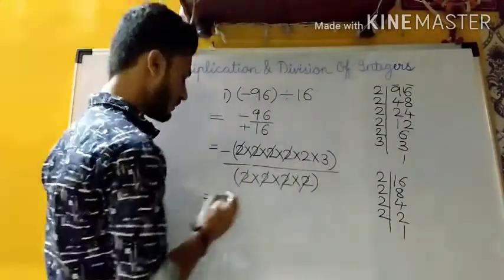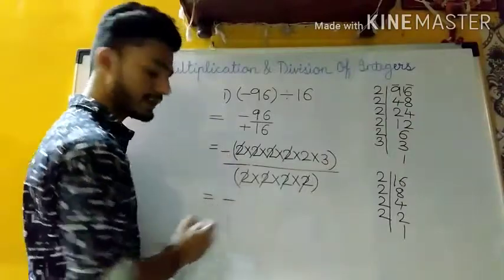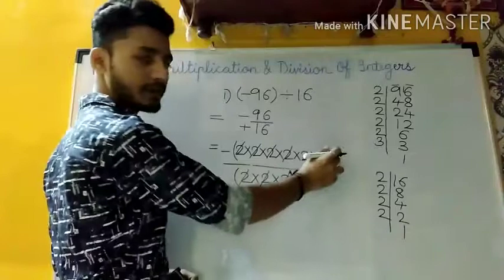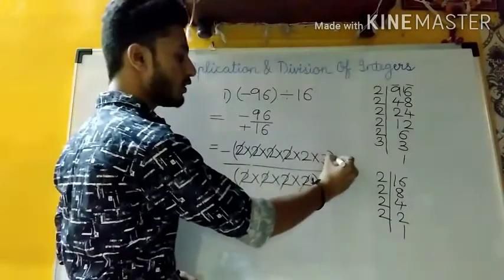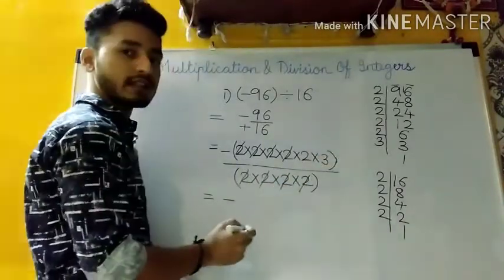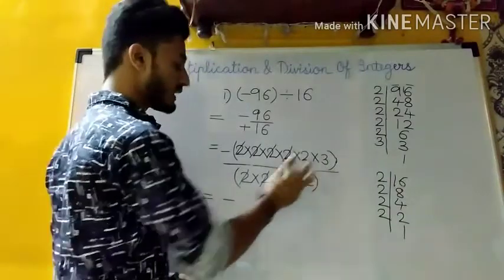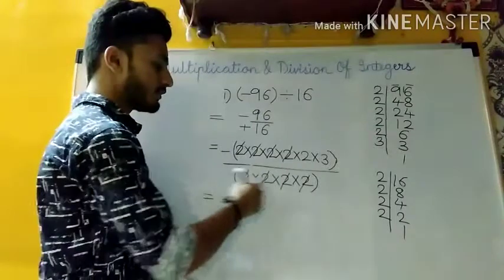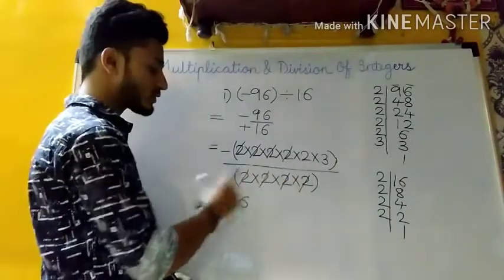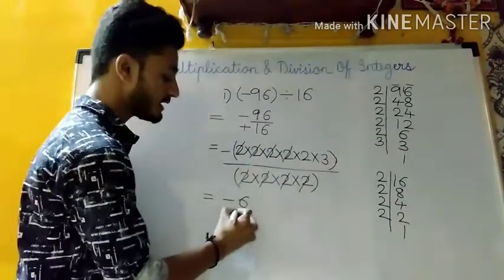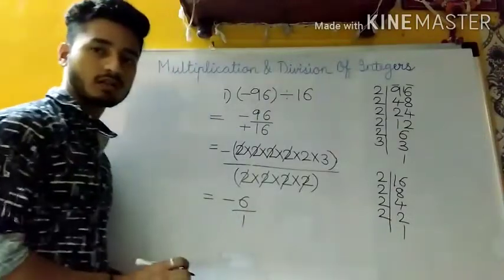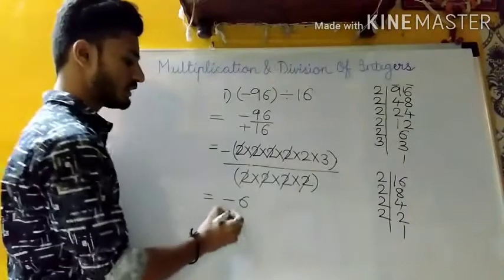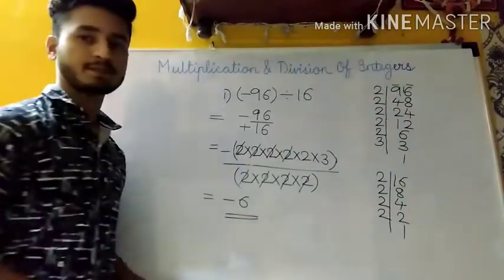No. So since it is negative, I'll write first the sign, and here only two numbers are remaining, that is 2 and 3. So I'm going to multiply the remaining numbers, that is 2 and 3. So 2 3s is 6. In the denominator, I have no number left here. So no denominator, or you can just write 1. Even if you don't write 1, the answer will be correct. So the answer is minus 6.